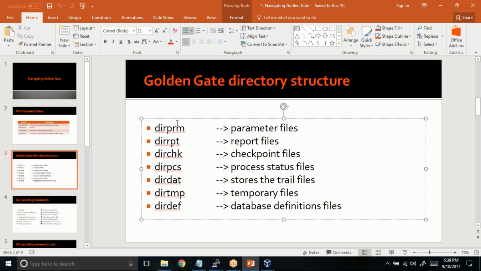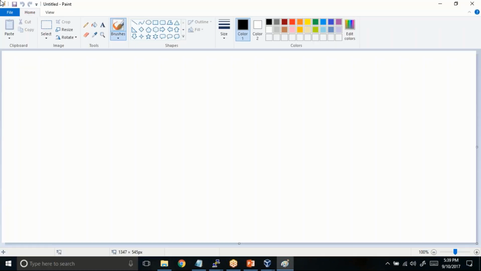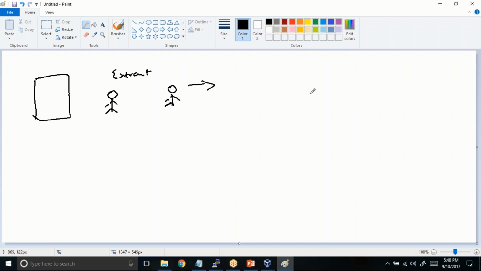Okay, so let me give you one more example just to clarify this one, so it will be easy for you guys. Let us assume we are not dealing with GoldenGate, we are dealing with humans. You have allocated people to perform the extract, pump, and Replicat. Okay, we are taking a very insane example because this will never happen, but we are still trying to take this example. This guy's job is to extract the data, and the other guy is to send the data, and then we have another guy to replicate the data